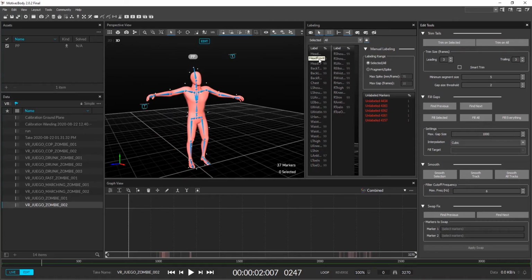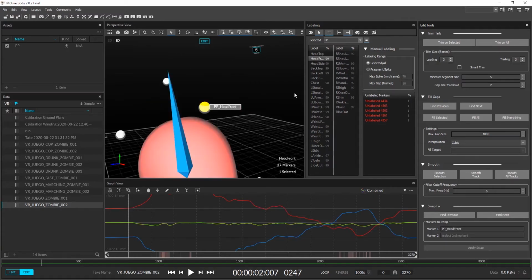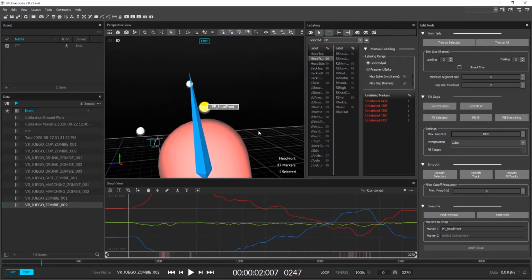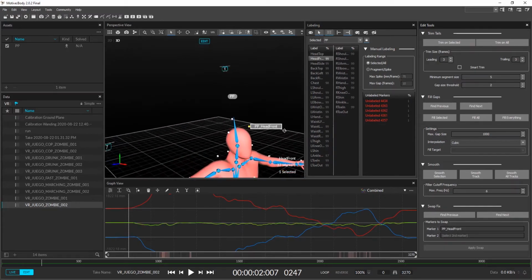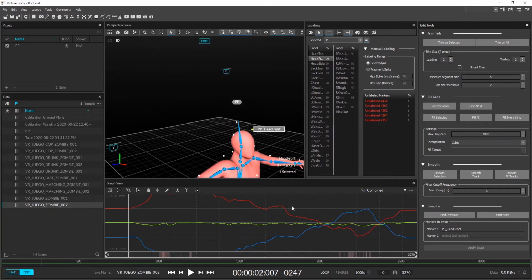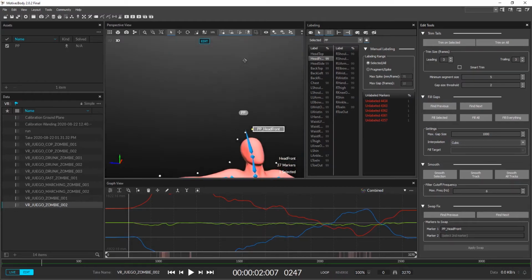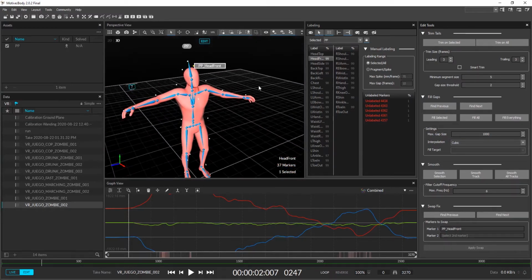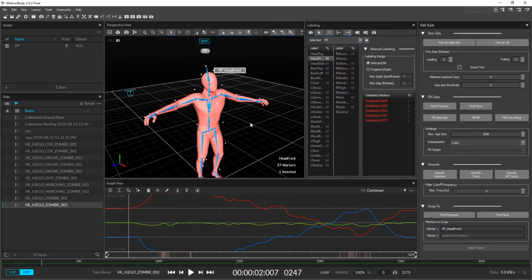So if I go ahead and click on the first one, which is the head front, in this case, you guys can see at the bottom that there is the timeline of this marker. Just pan around here. And yeah, our marker is saying that it has 39% of error or gaps,